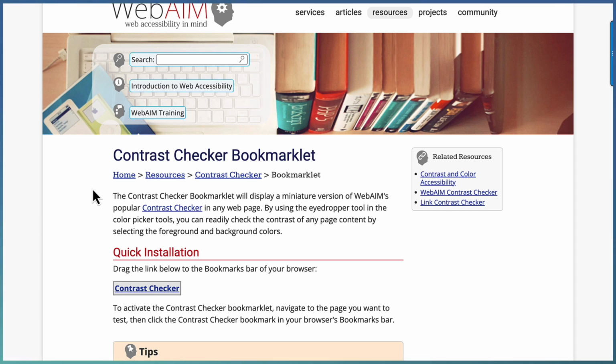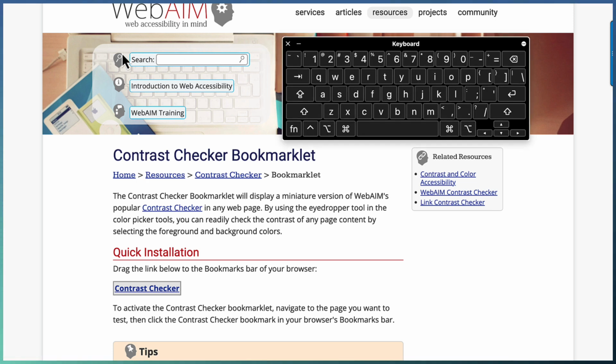Now, what is a focus indicator? According to the WCAG, the pixels that are changed to visually indicate when a user interface component is in a focused state. So I can show you real quick with my on-screen keyboard. This is WebAIM, a very famous, successful website and also very accessible.